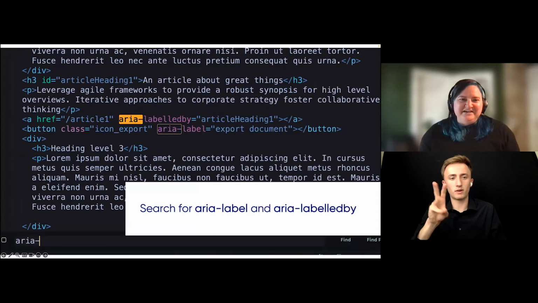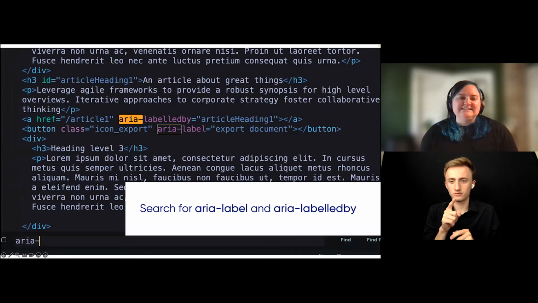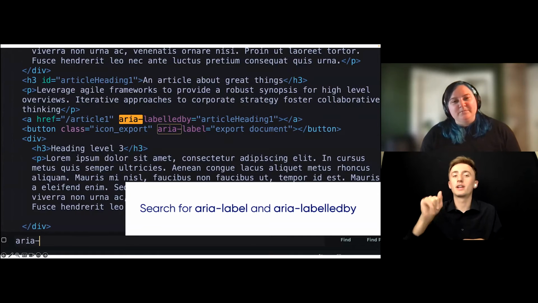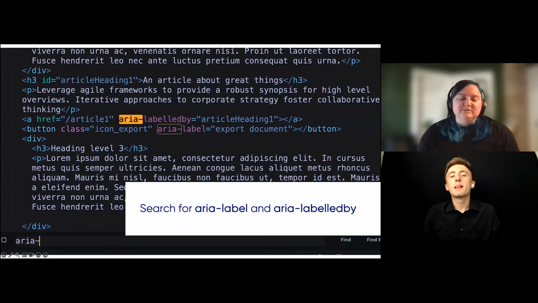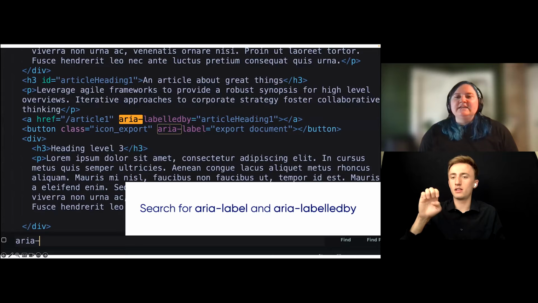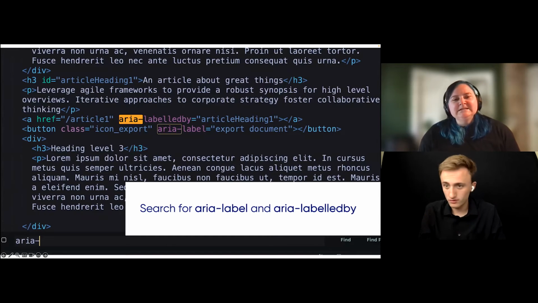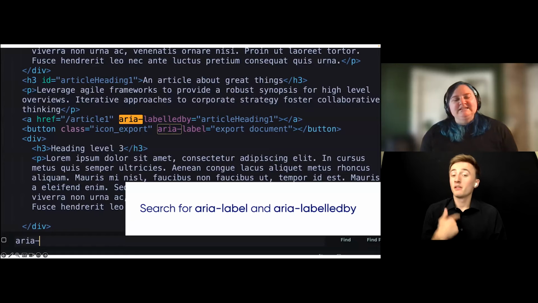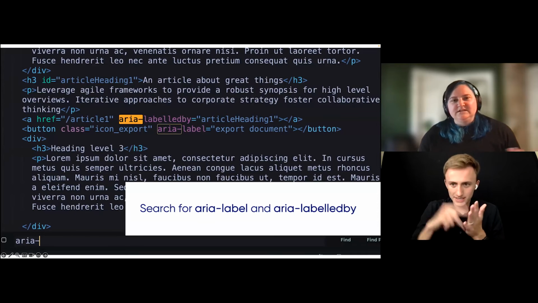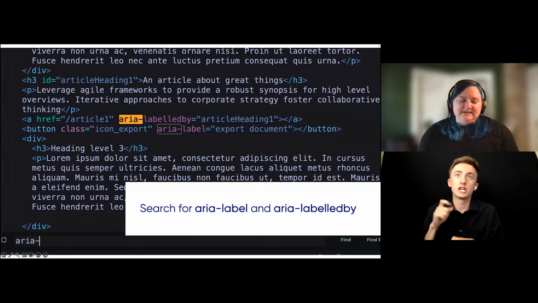Another ARIA thing I will search for while we're on the subject is ARIA label and ARIA labeled by. These give names, accessible names to elements. There are a lot of issues surrounding these, and in my opinion, they are overused pretty readily. So I think people get excited and have all the best intentions when they start coding that, oh, ARIA gives us accessible websites and I should use it everywhere. They get excited about that.